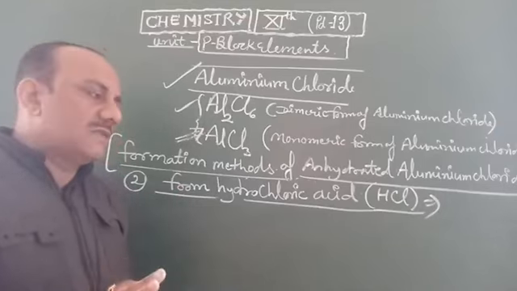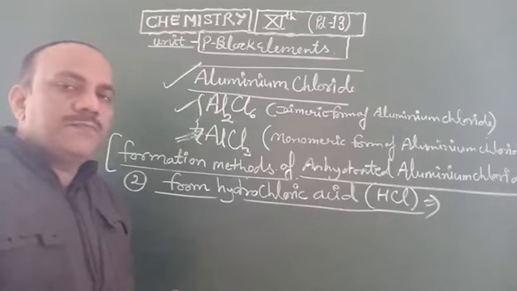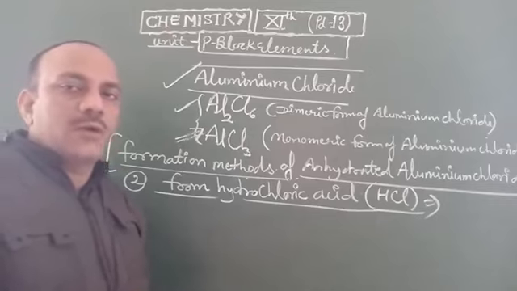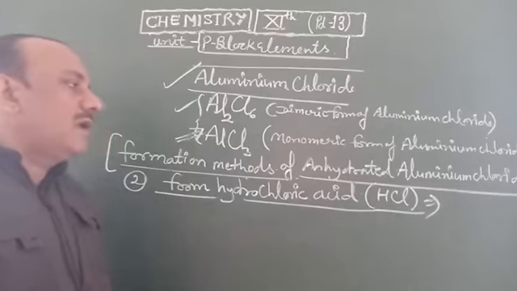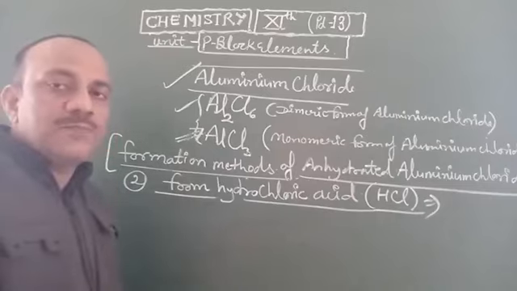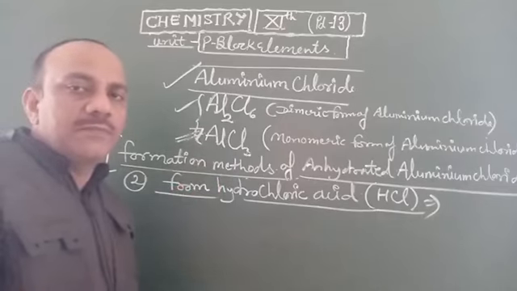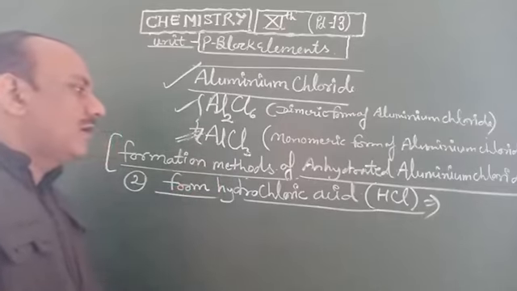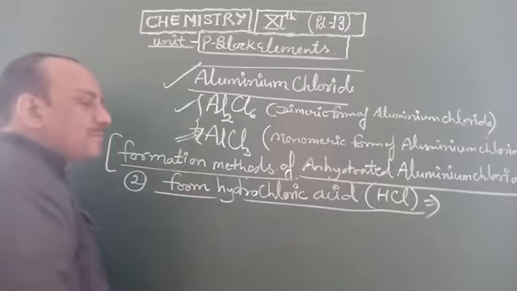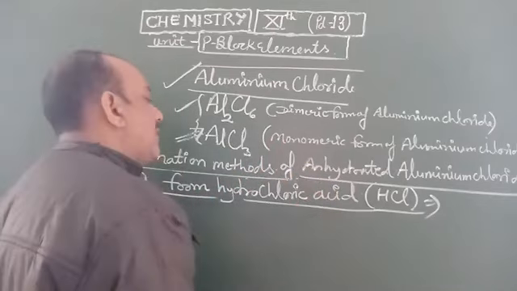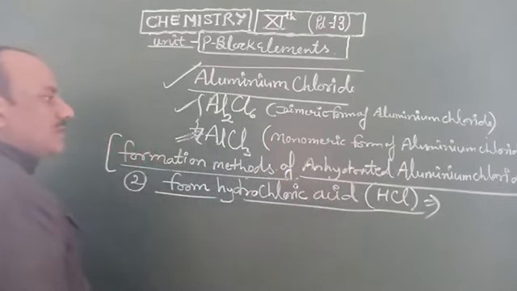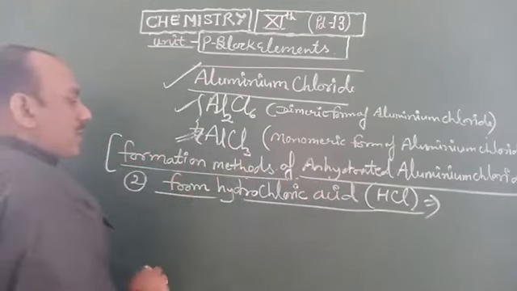So all metals, first A group or second A group, alkali metals or alkaline earth metals, or third A group elements, also studied here, boron and aluminium etc., follow the common concept: metal reacts with acid to form salt and release hydrogen gas. So this method also belongs to this phenomenon.